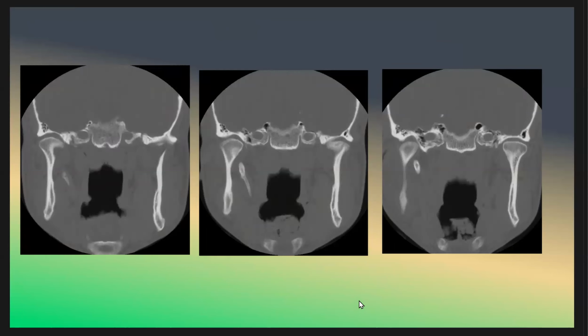This patient has facial pain. What do you think the patient has? It is 24 years old. As we see here, there is elongation of the stylohyoid ligament on the right side compared to the left side, as we see here, here, and there. And this is Eagle syndrome. This is an Eagle syndrome.